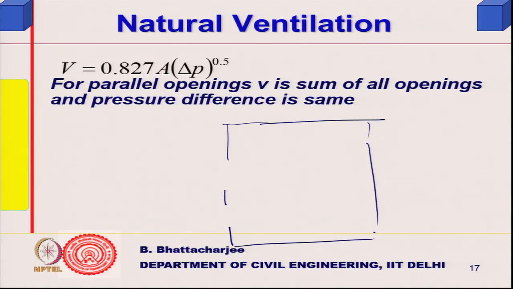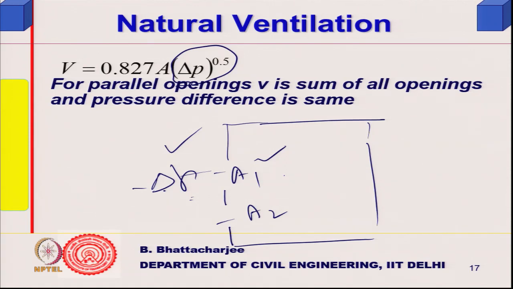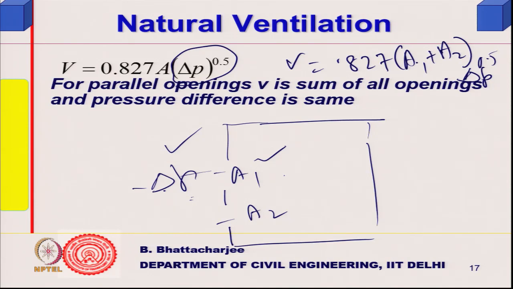Well, this side I do not talk about. Two openings in parallel, and let us say delta P exists between this point and this point. So, there will be flow, and this would be A1, let us say this is A2. Delta P is the same across these two, so delta P to the power 0.5 is the same across. So, total flow will be equal to 0.827 (A1 plus A2) into delta P to the power 0.5. You can sum up the areas,